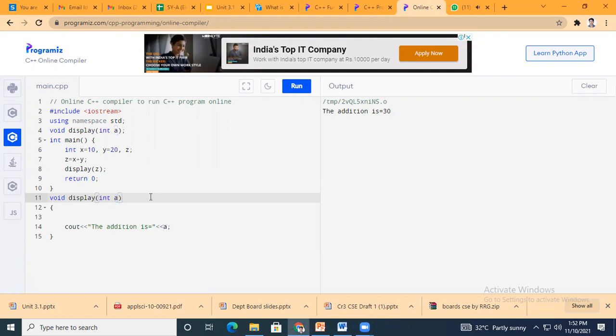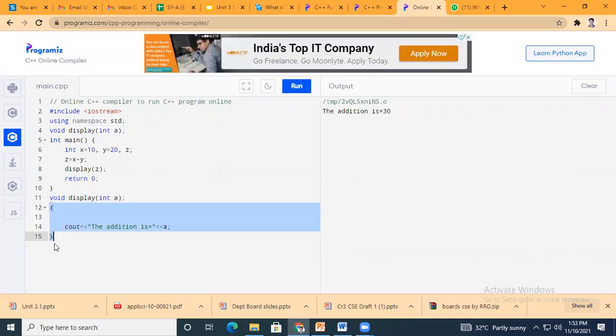See, one of you has sent me the screenshot just now. What you had done here is you have given a semicolon for the definition of your function. See, if you give the semicolon, it will not go to the next line. Your function declaration ends here only. This will not be considered the body of your function.